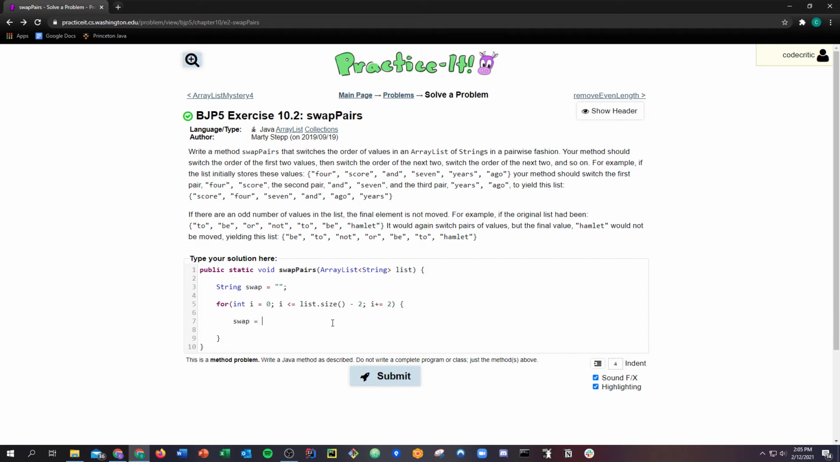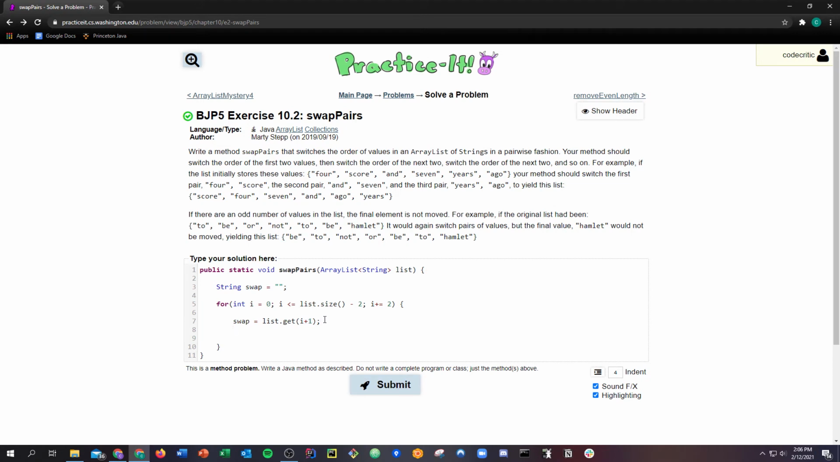I'm going to set swap equal to the value in the second element, so that would be the first one. So that would be list.get(i + 1). This get method returns the value of whatever element you put in the parentheses. In this case, I want the element one step beyond the element that's being executed. So in this case, the first one, this one would be the second element. Okay, now that we have that swap variable equal to that,